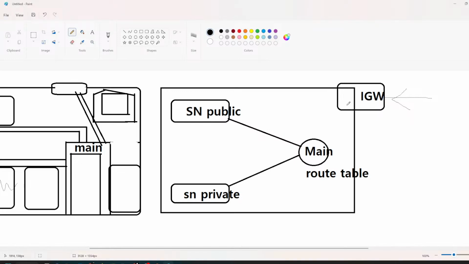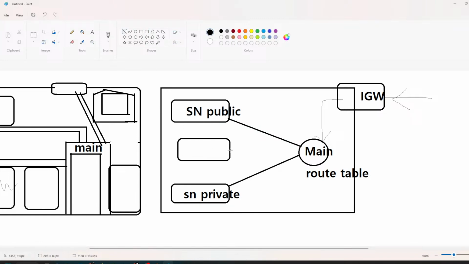If I attach my internet gateway to the main route table, what will happen? My both subnets will get internet access, as well as if I create a new subnet,